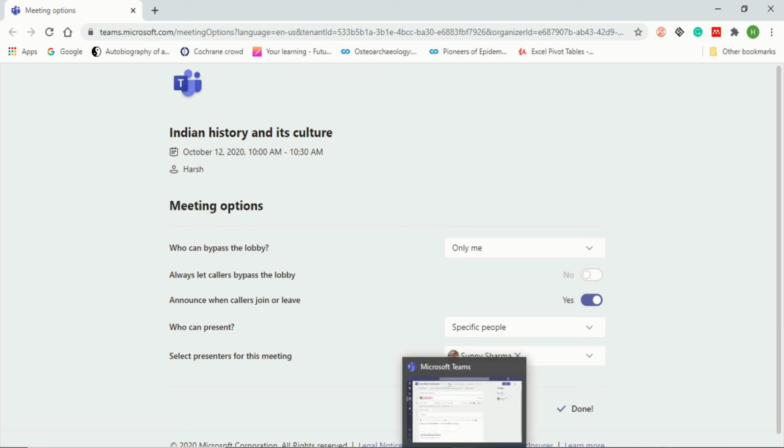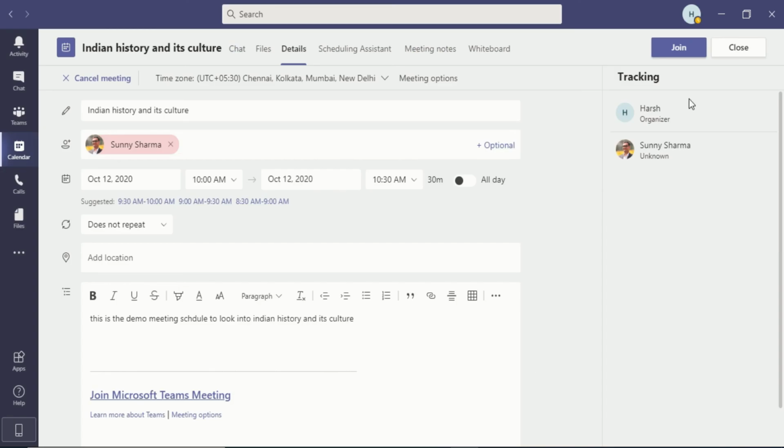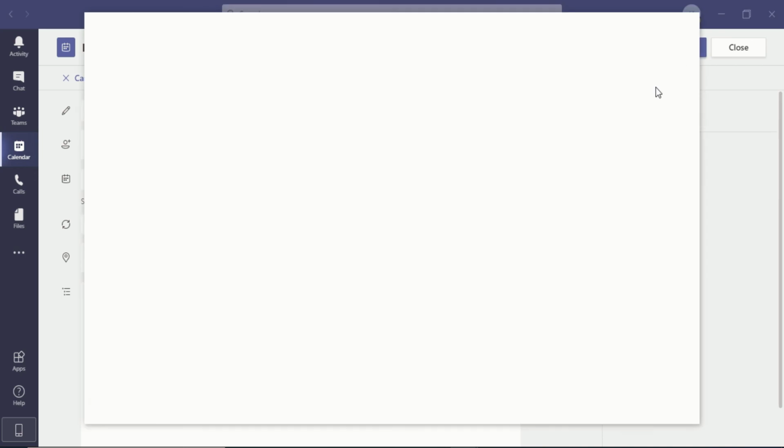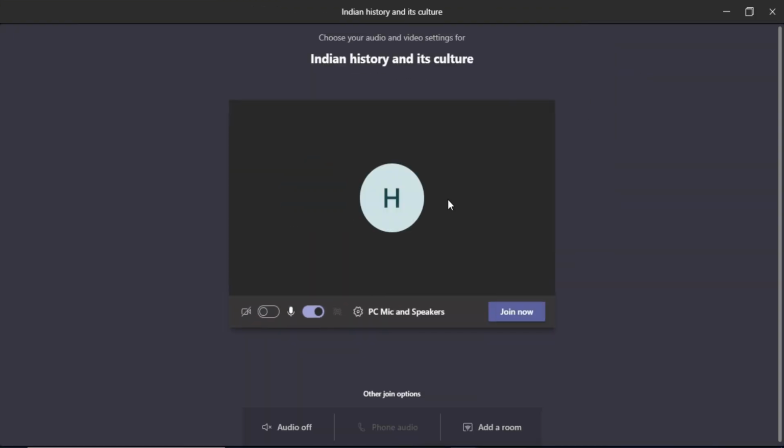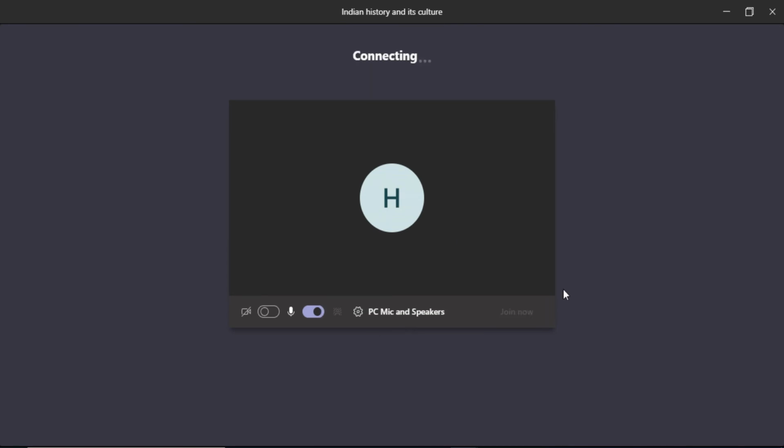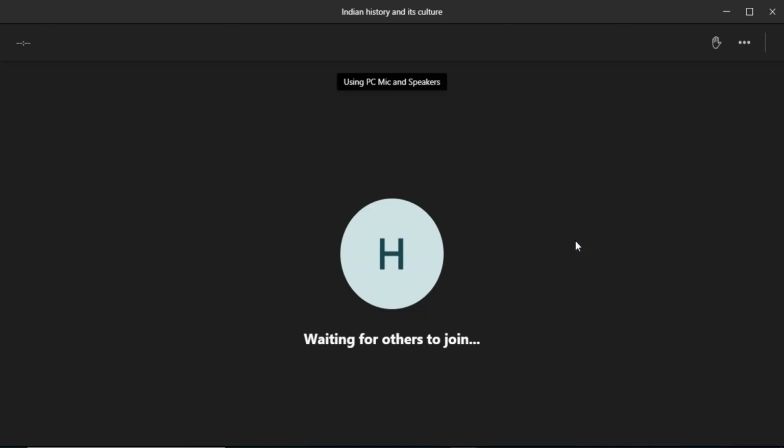So let me go back to Microsoft Teams. Now if I click on join, it will take me to something like this. And again, if I click on full screen, and now I click on join now, it will take me to something like this, where you will see the people or participants when they join. In here, show participants, and in here you will see the conversation.